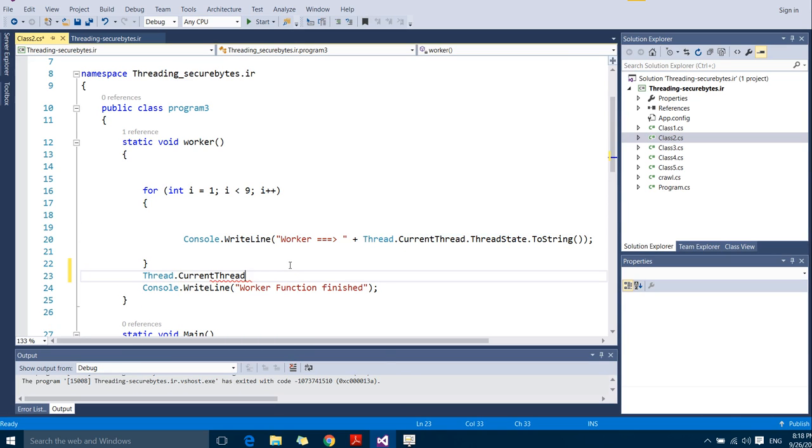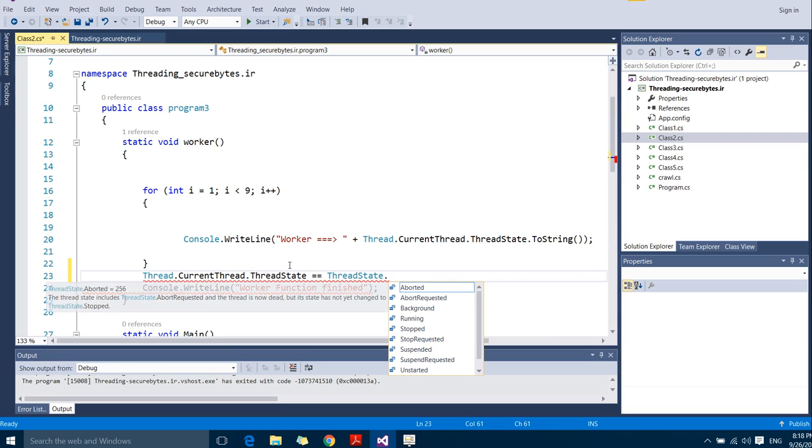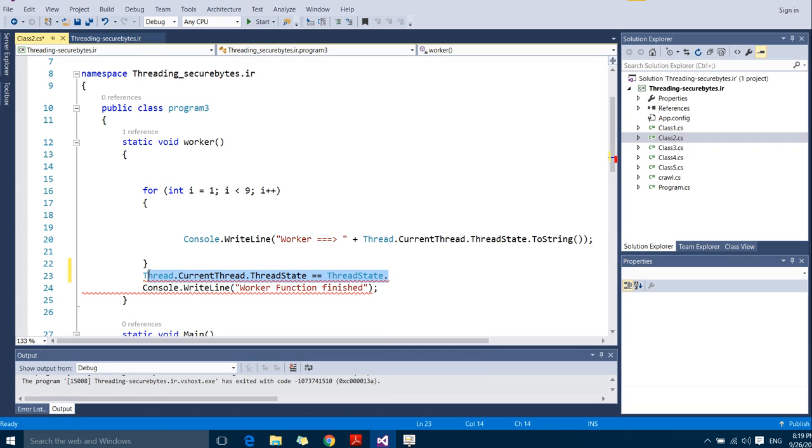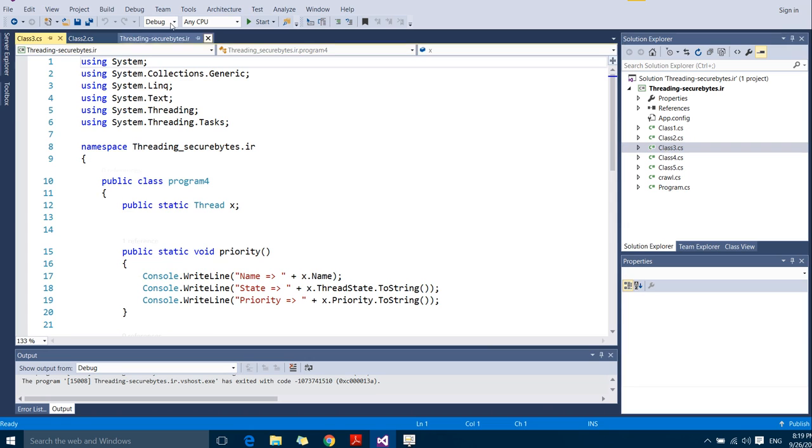Thread states equal to current thread, thread states equal to thread states dot. There are a couple of states, as we have told you in the previous post. Okay, that's for now. We go to the fourth file,